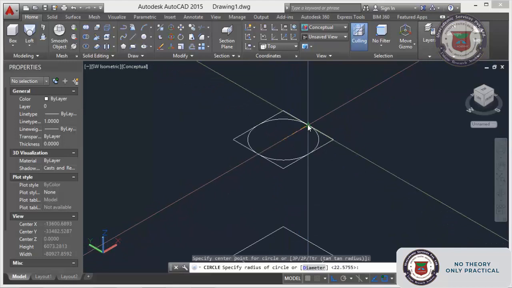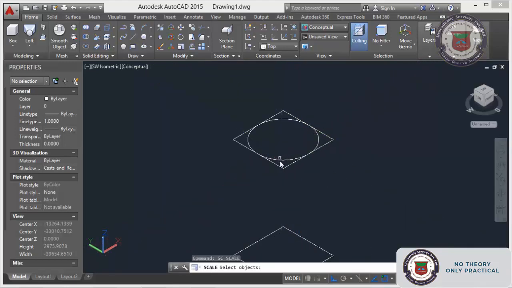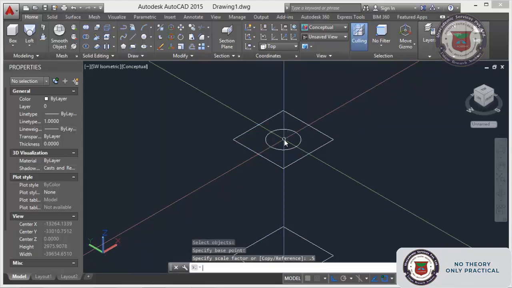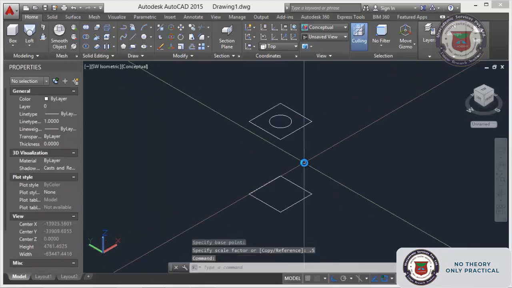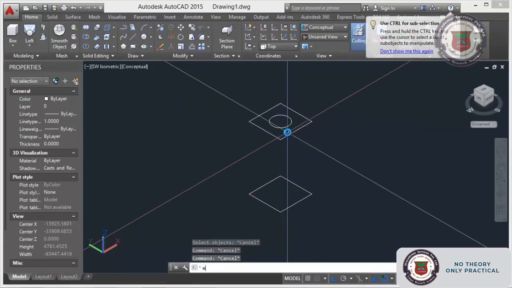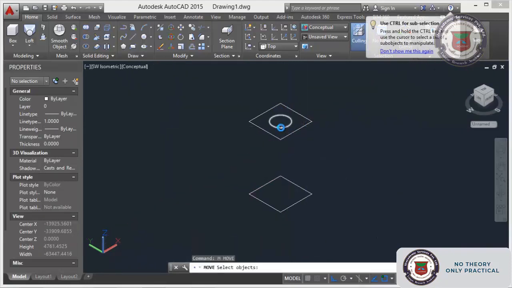I will make it double size, smaller. Okay, 0.5. I will move it in between the two. Just see what I am doing, because before starting the command you cannot understand why I am making all those things. Once we start that command you can understand.